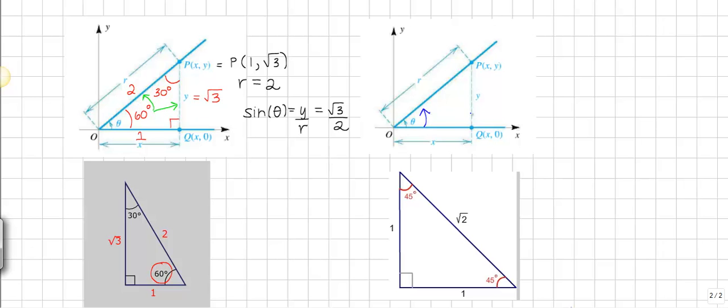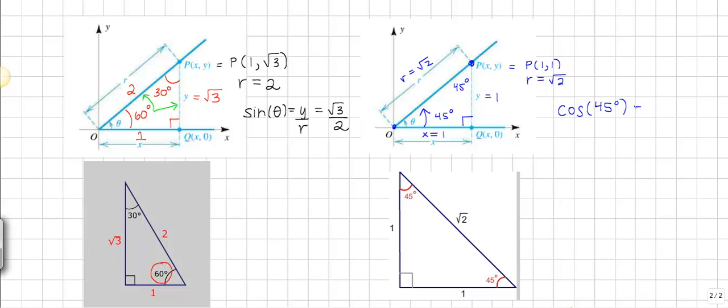Likewise, we could place the 45, 45, 90 right triangle in standard position. This one actually looks more correct. And if I do, I like to use the two legs to be 1. Whatever you choose, they have to be the same. And then I use the Pythagorean theorem to calculate the third side. So in this world, our ordered pair P is 1, 1, and the distance between P and the origin is the square root of 2. So let's try cosine this time. Cosine of 45 degrees, my apologies, I meant to write that in,